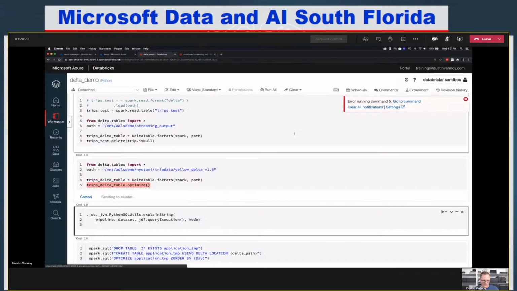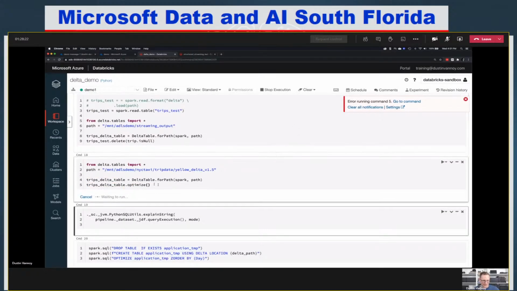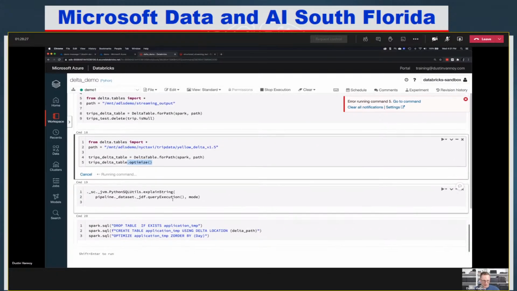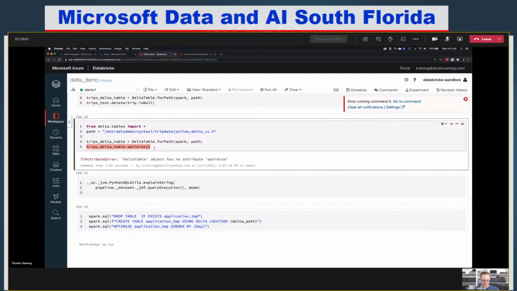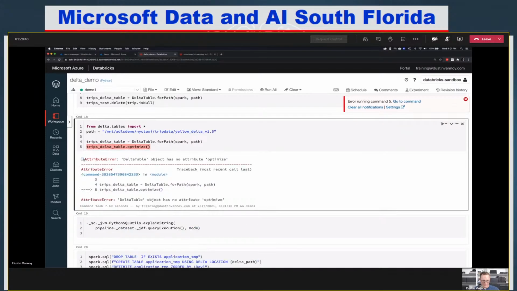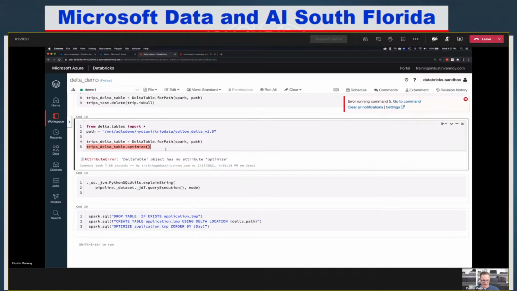And we're going to see if I've imported everything I need just in this one cell to make this happen. But this is one way to do it. And then the other way to do it is with an additional Z order in there, which is a way to get some index type performance improvements off of it. So the Spark SQL way to do it is with this optimize command. And this is pretty close to how you would do it with Delta tables, I'm pretty sure. Perhaps I got that wrong, though. I'd have to double check on that.